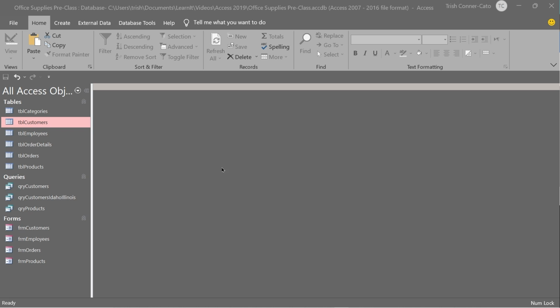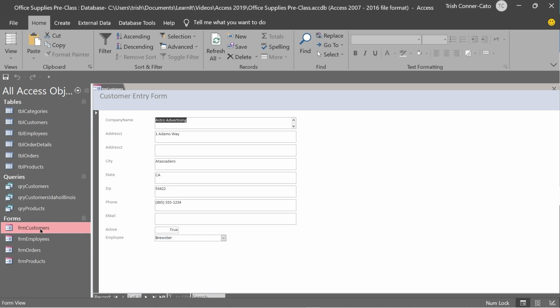Now we're going to use two of our forms for data entry. We're going to use the customers form and the employees form, and you're going to reference the manual data entry Word document that's in your working directory. And for each of those, you're going to use the yellow shaded record. So I'm going to go ahead and double click FRM Customers to open it,